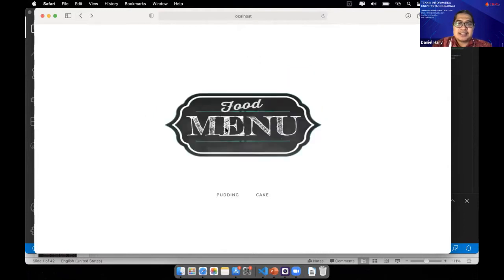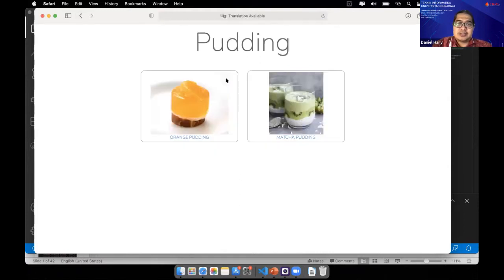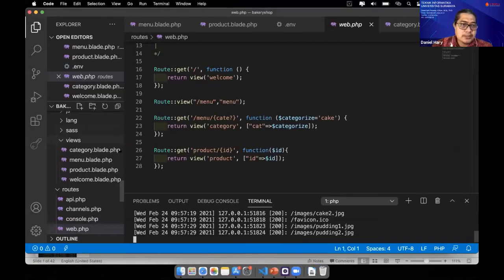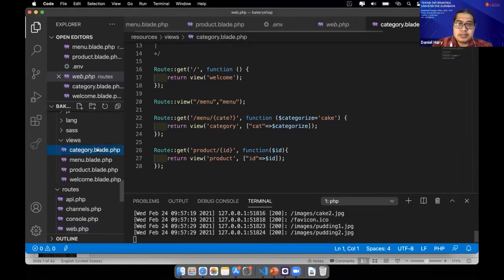Okay, I made some modification in this view, creating a bootstrap div, and then creating the border here. This one, the category grid, for example.